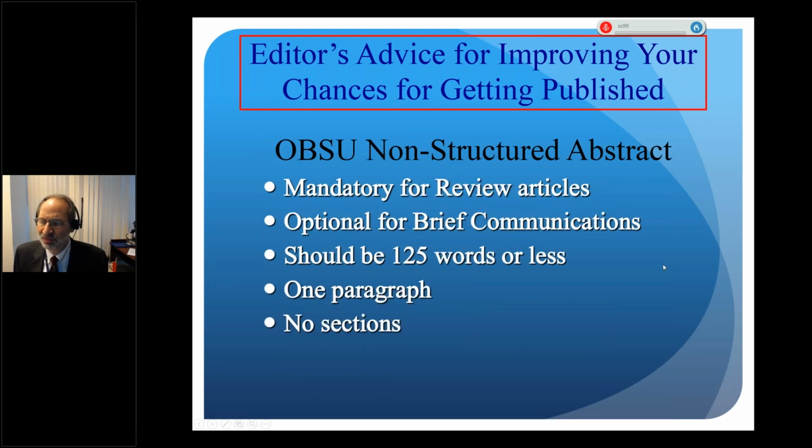Now, there's also types of articles that don't require a structured abstract. So obesity surgery will allow you to submit a brief little intro for review articles, for communications. These are very brief, and they're basically one paragraph, and all they basically say is, for instance, there's a growing body of literature on non-alcoholic fatty liver disease. This review article will review the latest material on it. Done. That's your abstract. So quite simple.